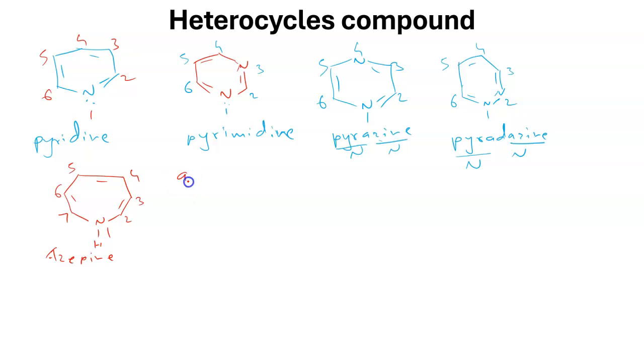Now you understand that zol refers to a 5-member ring containing nitrogen, zin refers to a 6-member ring containing nitrogen, and pine refers to a 7-member ring. Now we will see some examples from the class of fused heterocyclic compounds, but before that we